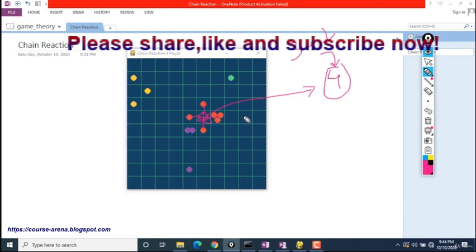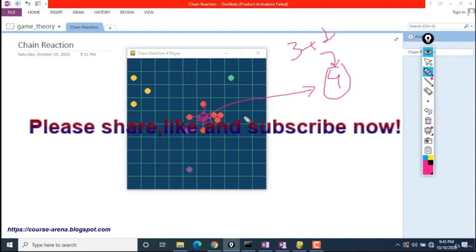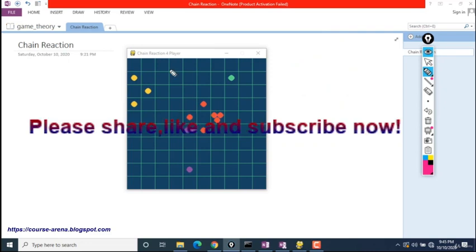So that means the one which will last till the end will only win. So you can see this is the chain reaction game. It is a very popular multiplayer game. You can check it out on Android, and you also have different options to play, and you can play and just see the logic. So basically I have only shown you the logic of how we are going to implement this